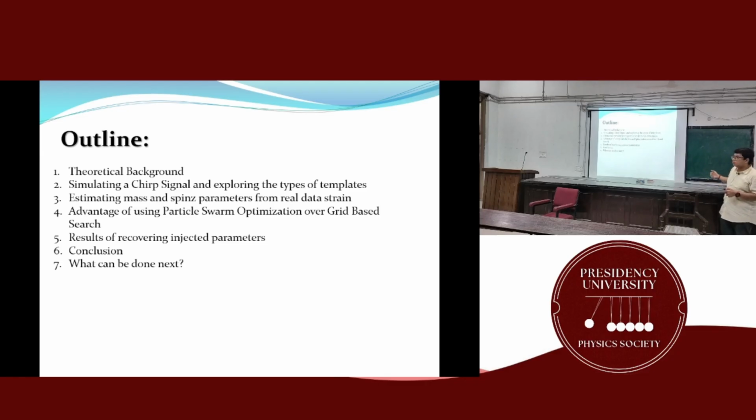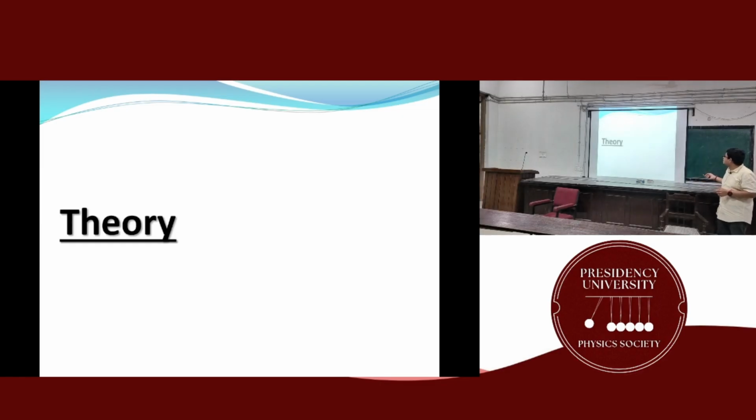sharp signal, and we will see how different types of template work with each other. We will see how the injection and recovery of different parameters like mass and spin works and how particle swarm optimization comes into play. We will see how the results go with the inclusion of PSO, and then going onward to